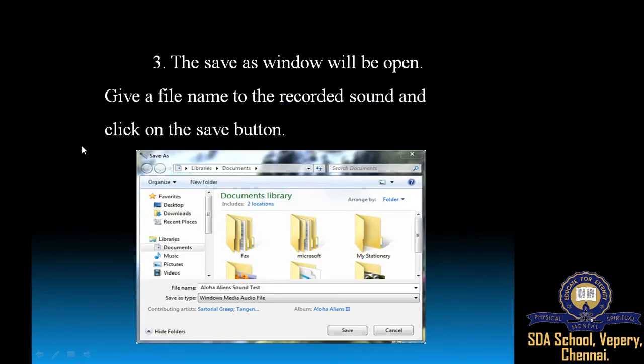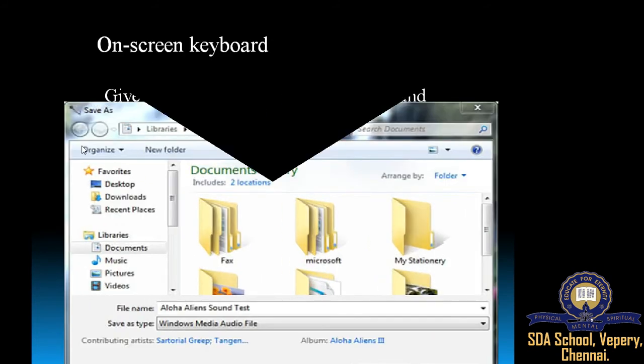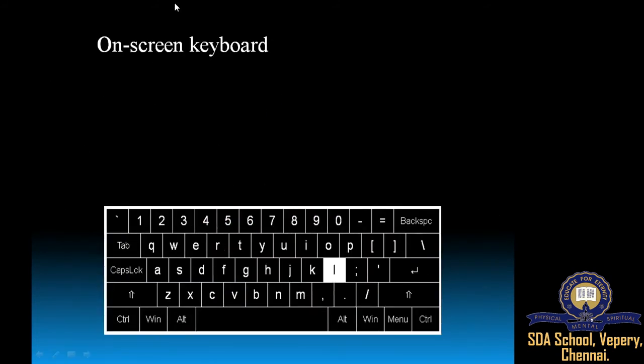In this lesson we cover the on-screen keyboard, which is also called a virtual keyboard. It is used with the mouse, not a keyboard. We do not touch the keyboard when using the on-screen keyboard.